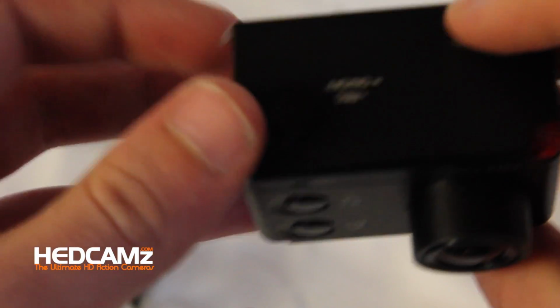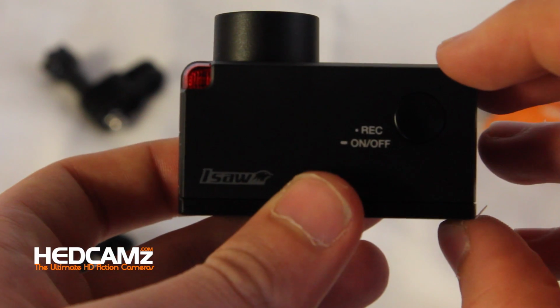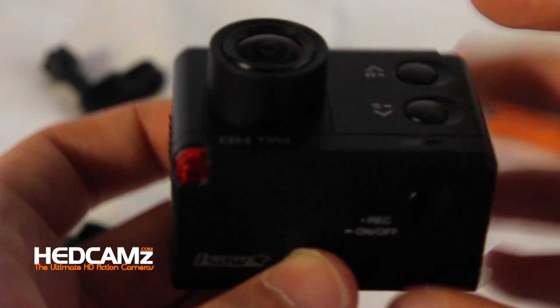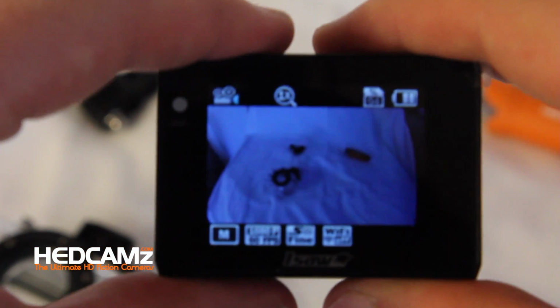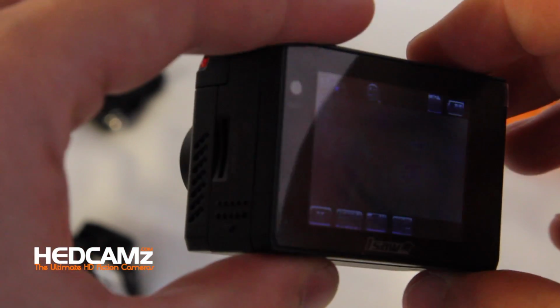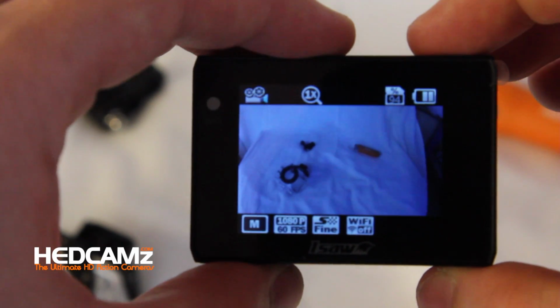So on the top, singular button there, it is our record on and off button. So we're going to press that. Camera flashes. Now there are multiple LEDs on this to tell you that it's recording rather than just one. There we go, we can see the screen at the moment. So it does have the screen, it's non-removable, and it doesn't actually use too much of the battery life. If you set it to auto off, we'll probably be having a look at that in some of our other